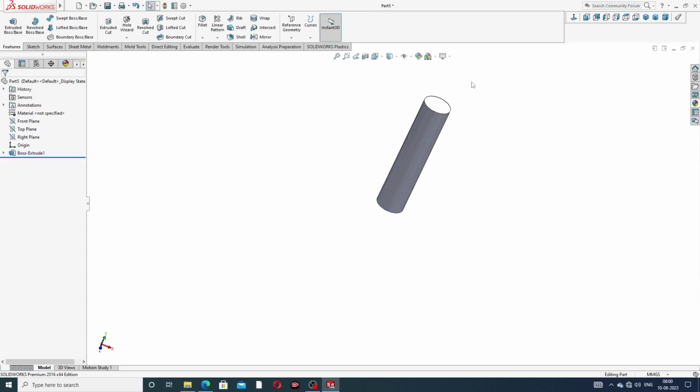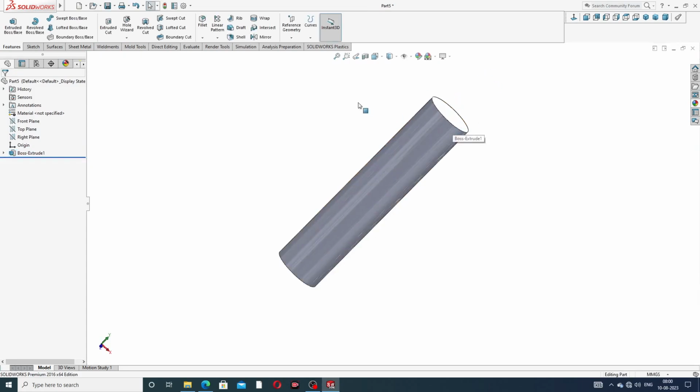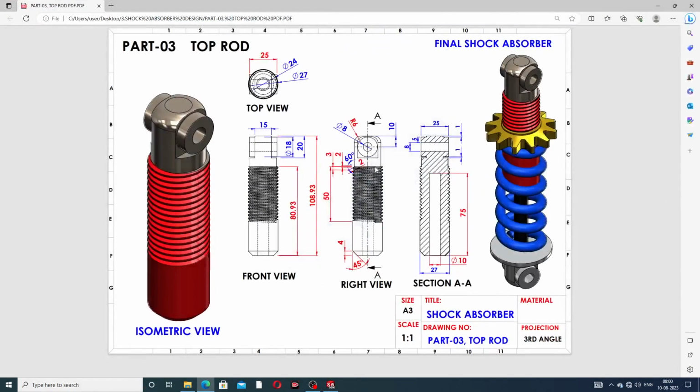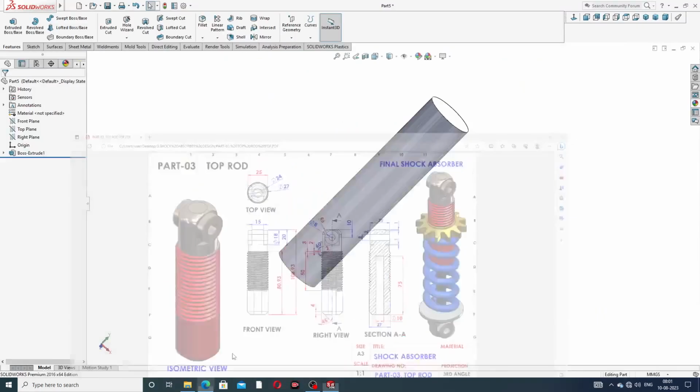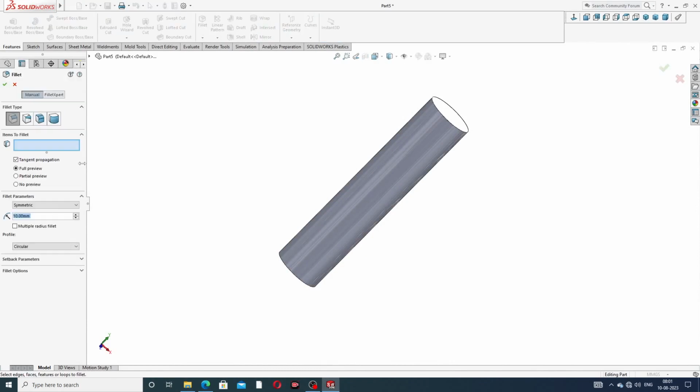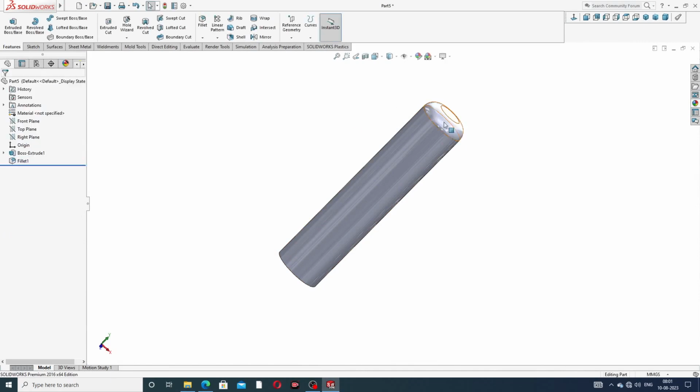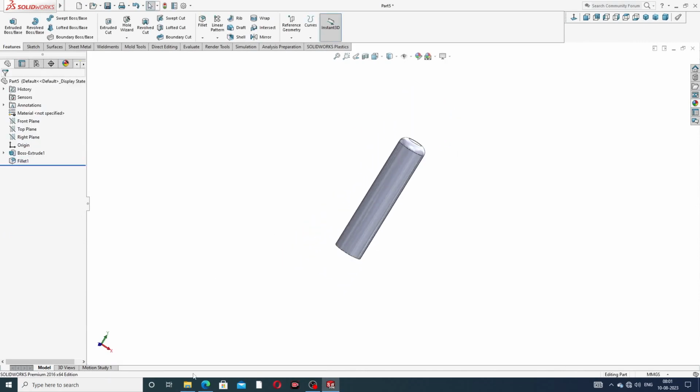Okay, all points are correct. Then a fillet is used here. This fillet is 6 millimeter. Select the fillet of 6 millimeter, and then click OK. And next is